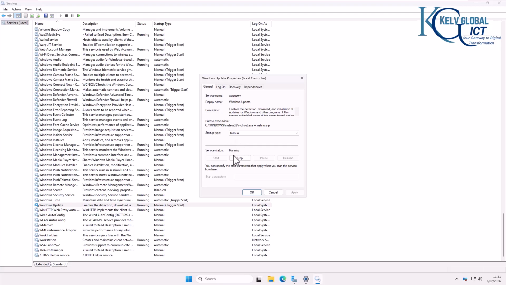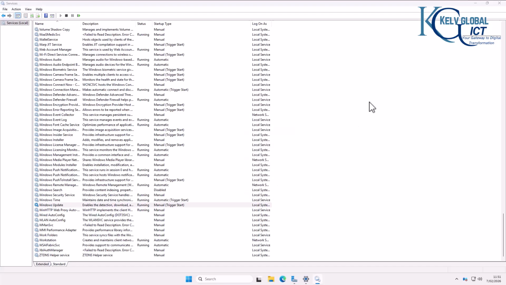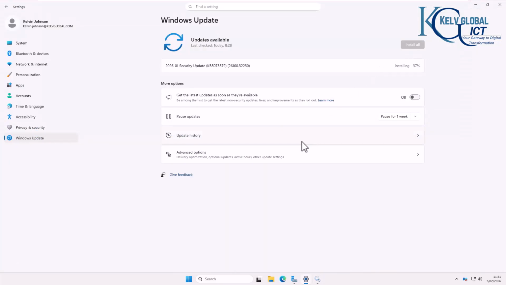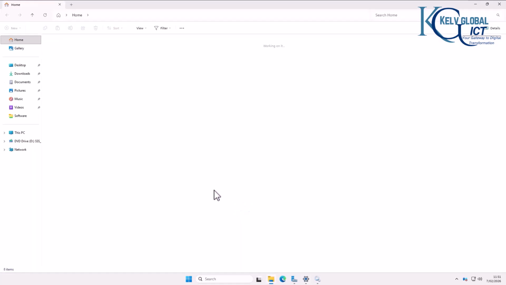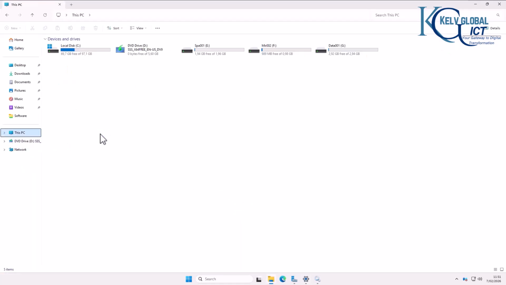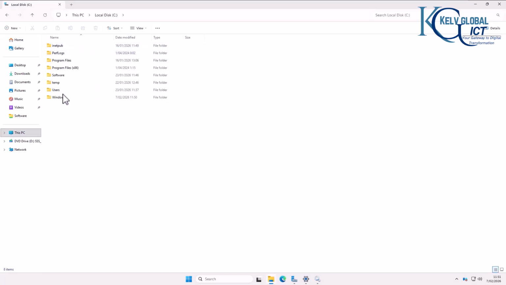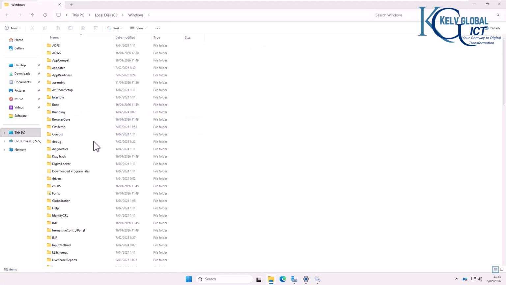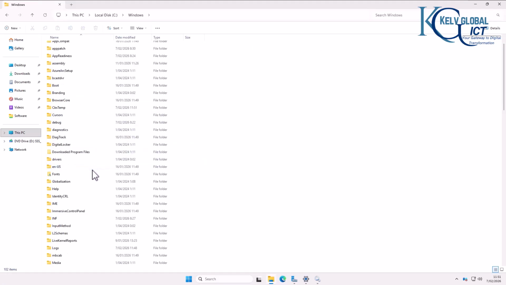So you can see it says running because, or if you click on the update, it's going to actually trigger your Windows Update to start. So let me just cancel that. And also, if your Windows Update is also not starting and you're having issues updating your device, what you need to do is go to Windows, and if I just scroll down,